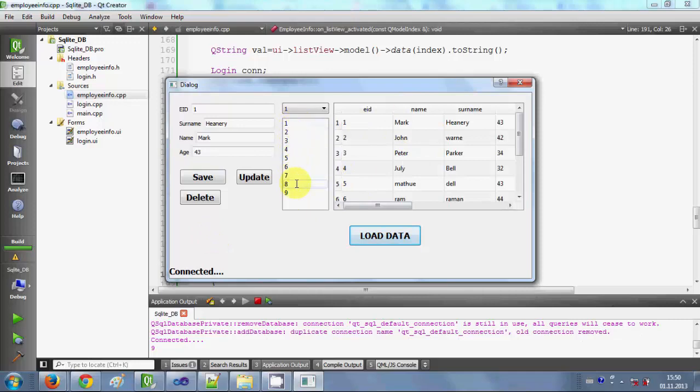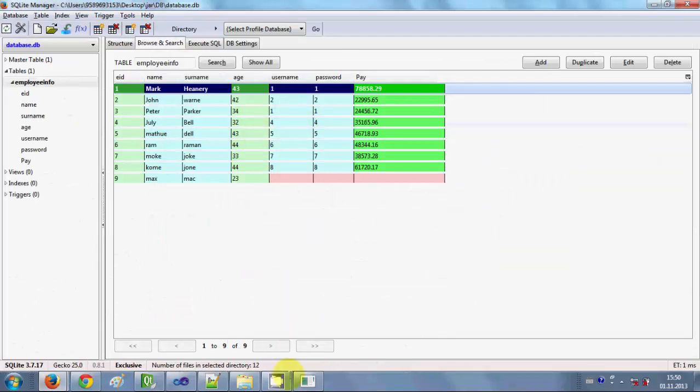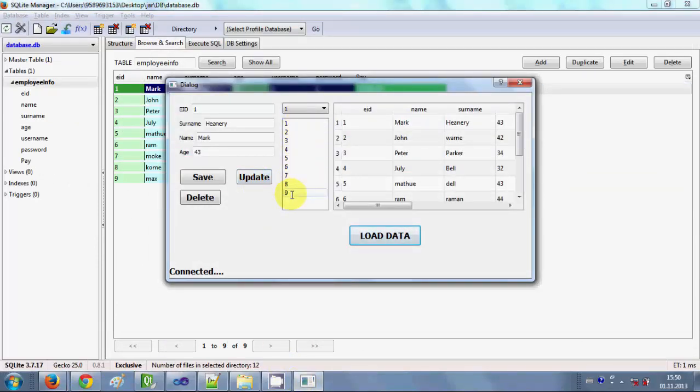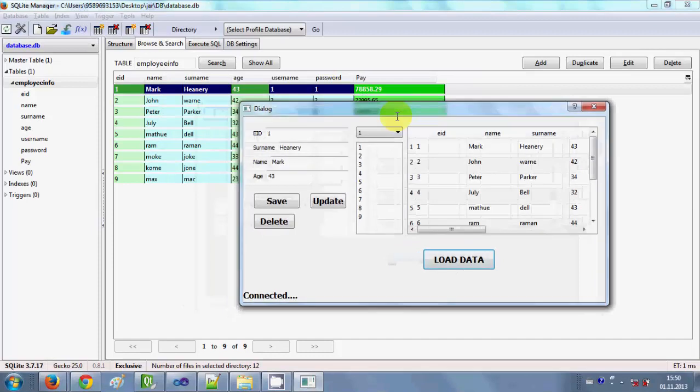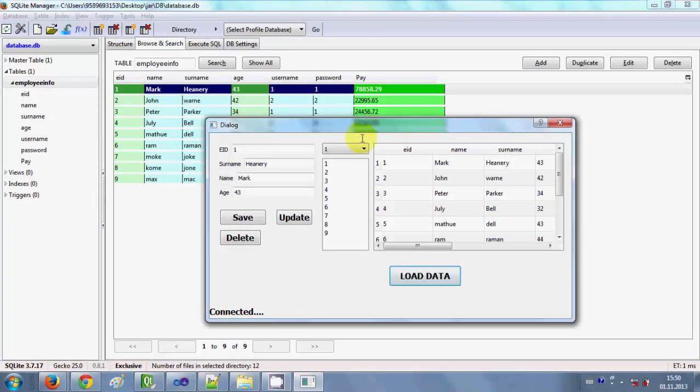And this list box right now is showing the employee IDs which are there in the database. You can see it here. I have 9 employees, so 9 employee IDs I can see here. And when I select some employee ID, right now it's showing